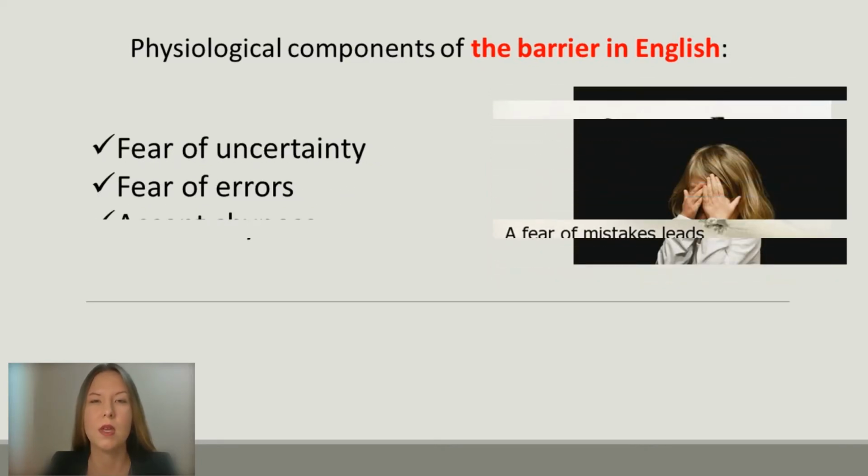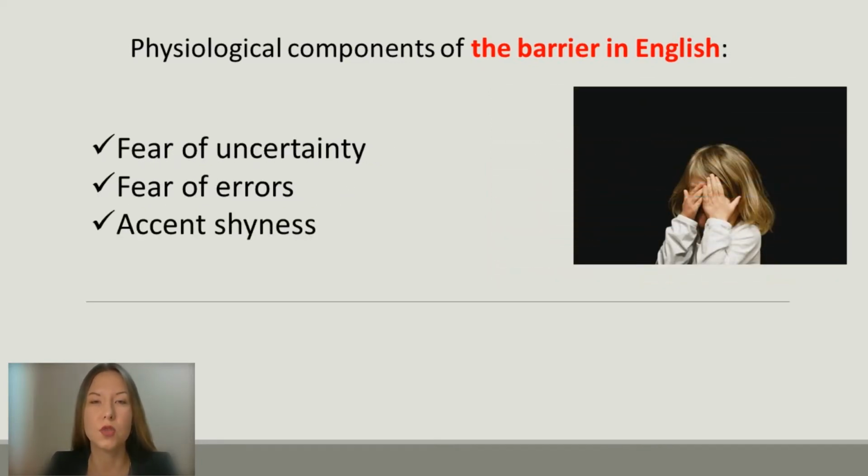Accent shyness. Some people are shy of their accent in English. Moreover, this psychological problem sometimes takes on a universal scale. A person cannot achieve the perfect British pronunciation. Therefore, he prefers to keep silent and communicate with the help of gestures. This is because of the fear to show that we do not belong to this society. We do not know how others will react to our speech. In addition, it seems to us that they will laugh at our accent. We are afraid to look silly. At the same time, we completely forget how we like it when foreigners try to speak Russian. Their accent seems nice to us and does not interfere with communication at all.